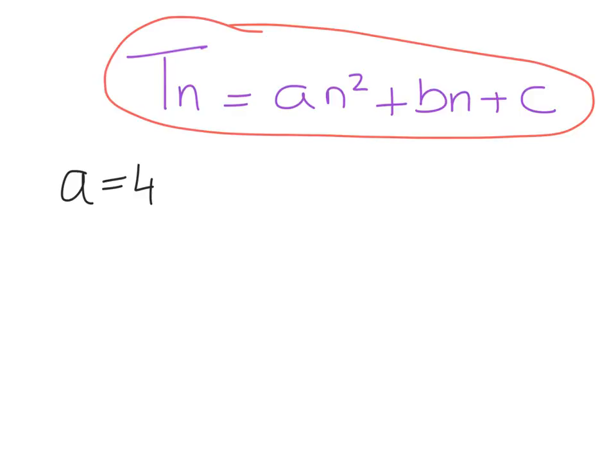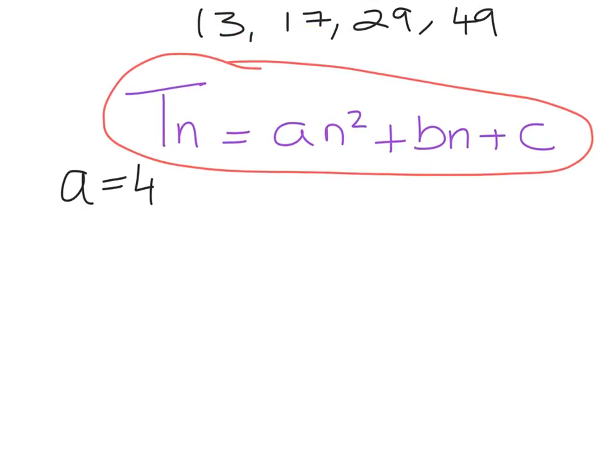When we have two things we don't know, we always try to form simultaneous equations. So I'm going to show you first of all how we get the first simultaneous equation. If I look back at my sequence up here, you can see the first term was 13. So if term 1 equals 13, that would essentially mean that